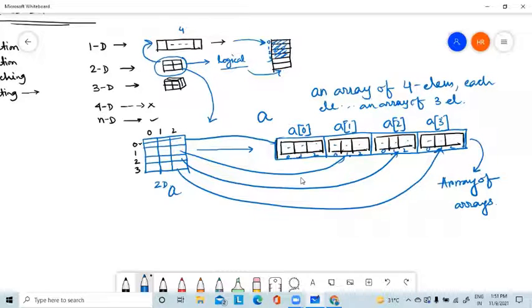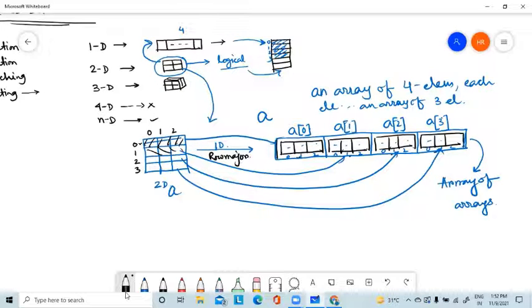So this is the representation of this 2D array in the form of a 1D array. Here I have stored it in row major way. This is called row major representation. Why row major? Because we have stored one row at a time. First row, this one, second row, this one, like this. So that's why this representation is called row major representation of an array.